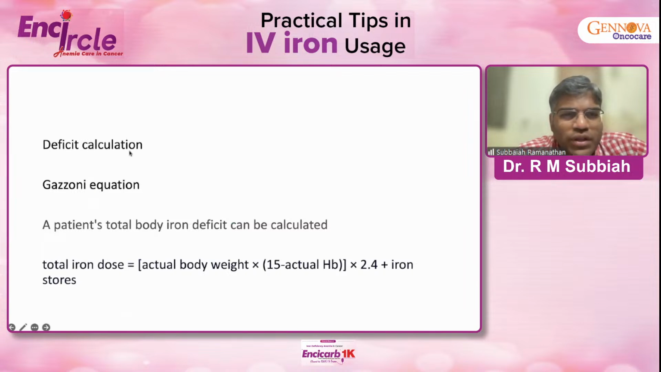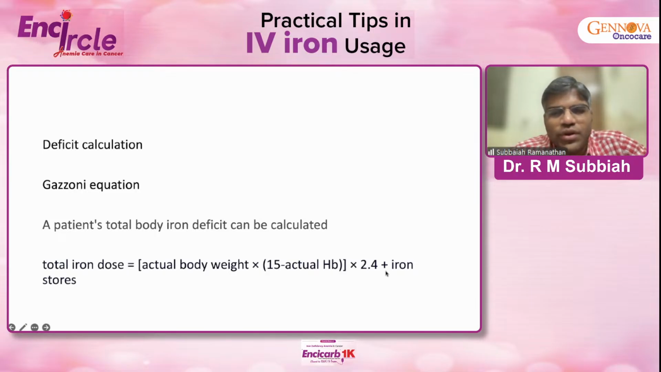So another important thing is the deficit calculation. Whenever IV iron is going to be administered, that's the famous Ganzoni's equation. So how to calculate it? Total body iron deficit is calculated by this formula. You should know the weight of the patient. 15 minus the actual hemoglobin of the patient has to be multiplied with the body weight of the patient, and